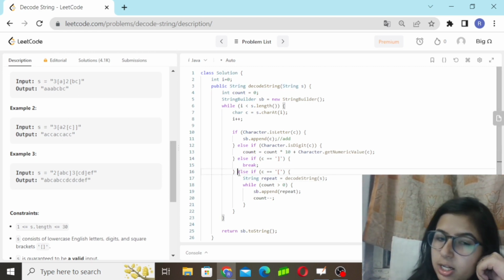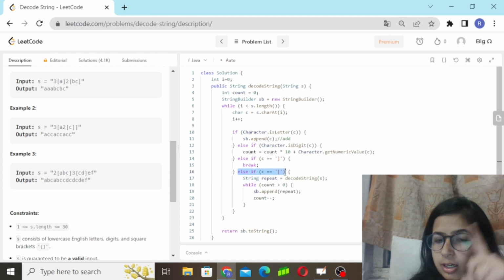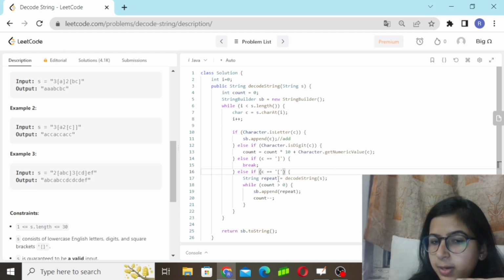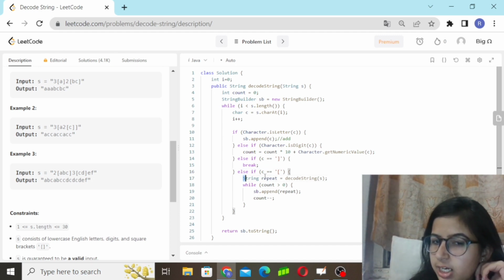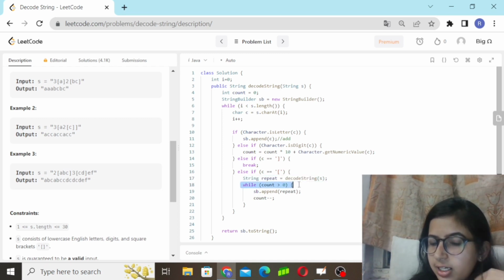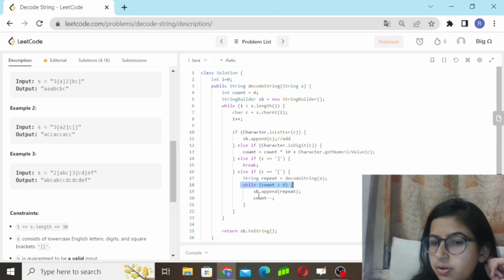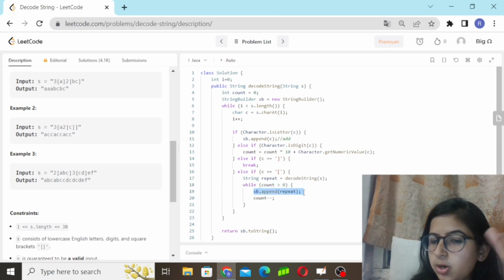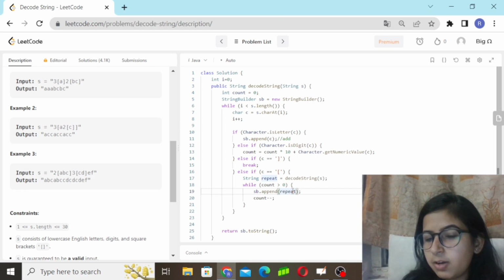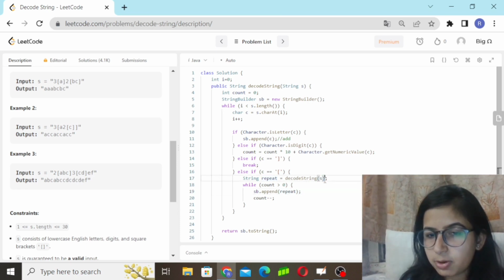Or if you find the starting of a square bracket, it means repeat equals decodeString, meaning you have to decode the string. So what you will do is, while count is greater than 0, you will do sb.append(repeat). You will just repeat the characters in the string, because